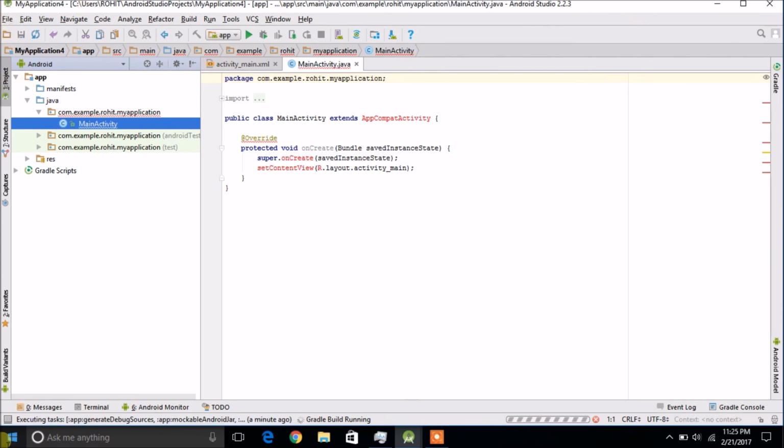In the next tutorial, I am going to tell you everything about the different panels present in this application. My Gradle is still building, my system is a bit slow. So this is all about Android Studio basics.